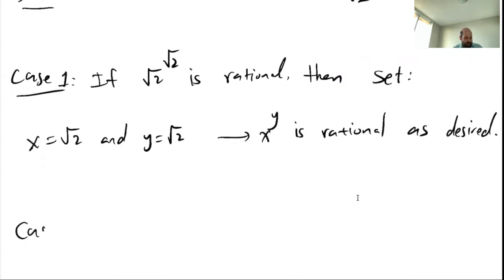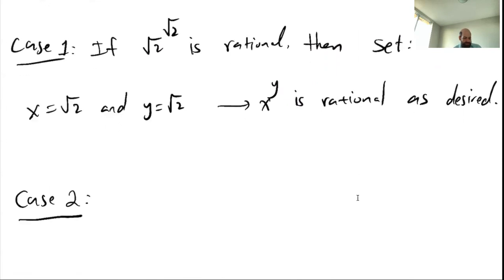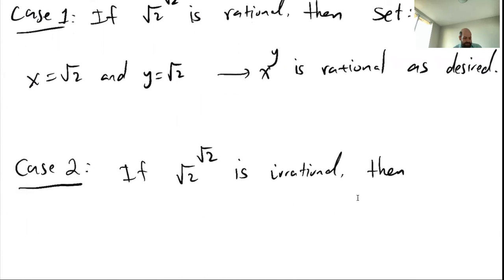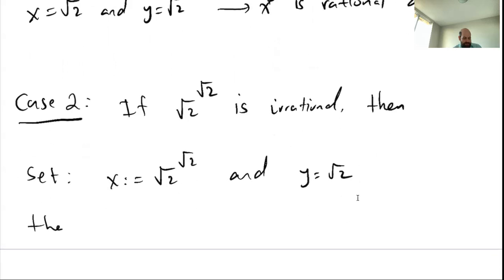Now case two, if √2 to power √2 is irrational, then set x equals this number √2 to power √2 and y equals √2, then x and y are irrational,